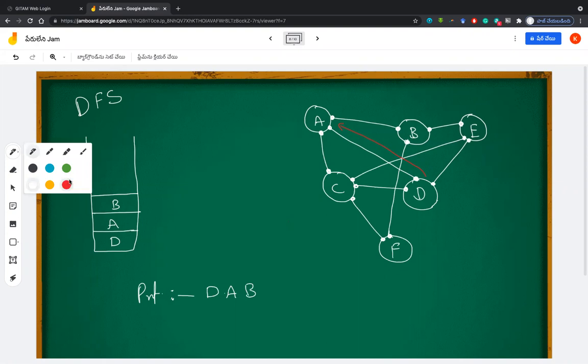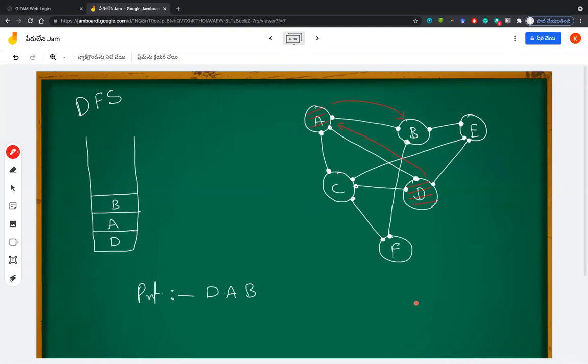So let's draw the path. From A we have gone to B next. Okay. From B, what are the things that are connected? We have visited these things, so we shall mark them here. Now tell me, what are the things connected from B? A, E, and F, sir.